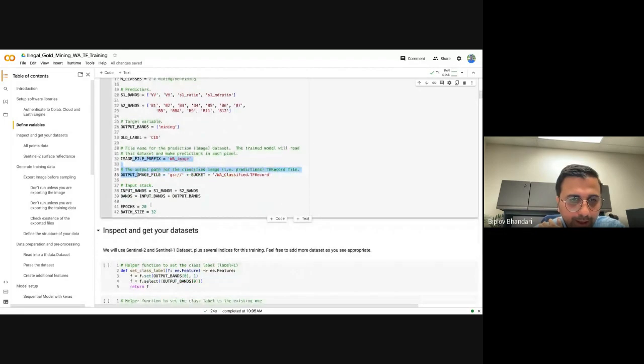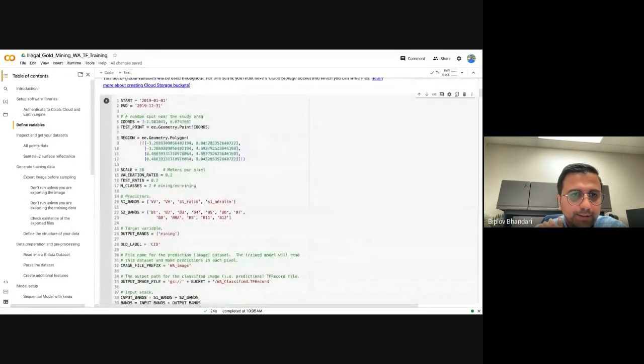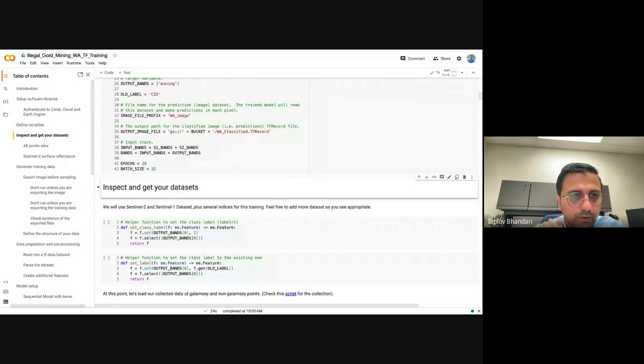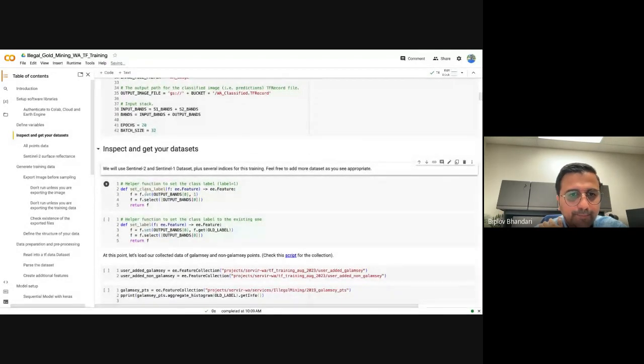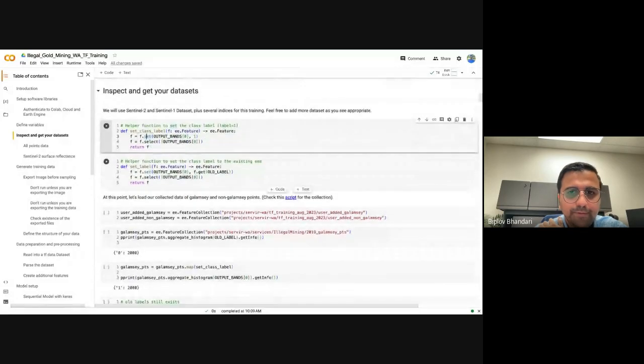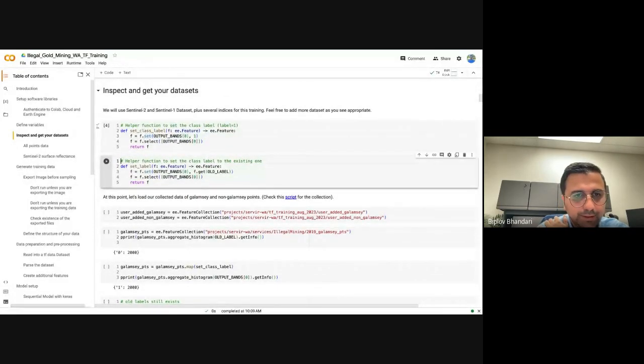And here is where we define the epoch. Again, an epoch is where your network sees the full training data set. We want it to train up to 20 epochs. And then we're using a batch size of 32 in this case. So I'm going to go ahead and run that. Next, I have some helper functions, and we'll see where those are useful in a bit.